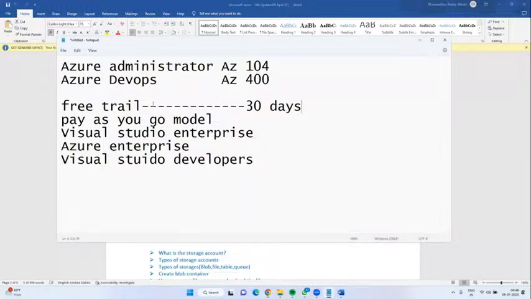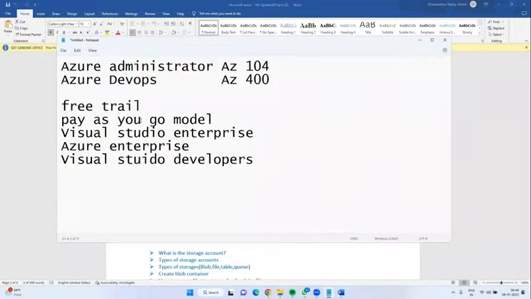Now this is about free trial subscription information. Next, what is the advantage of these subscriptions? One organization may have n number of subscriptions. Please remember, they are bullet points. I could see around 30 plus subscriptions in my project.